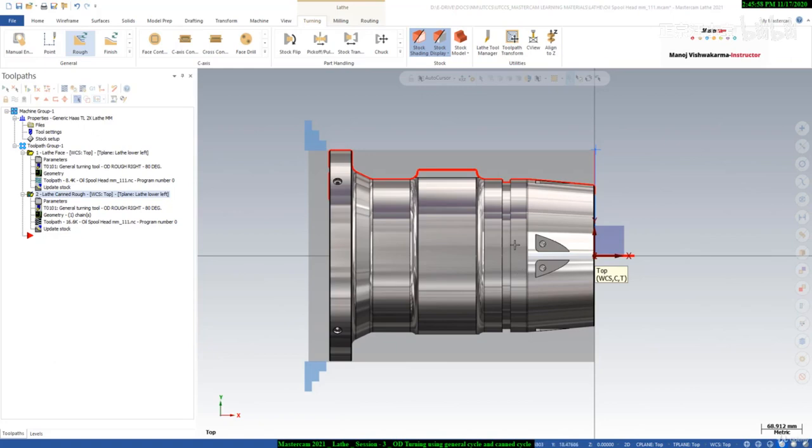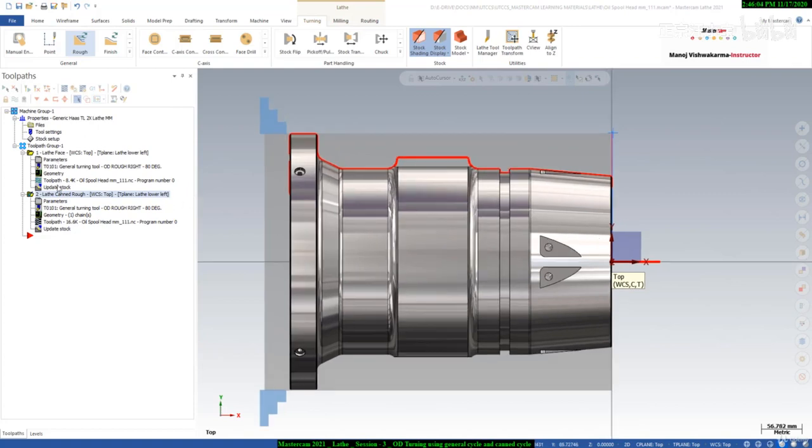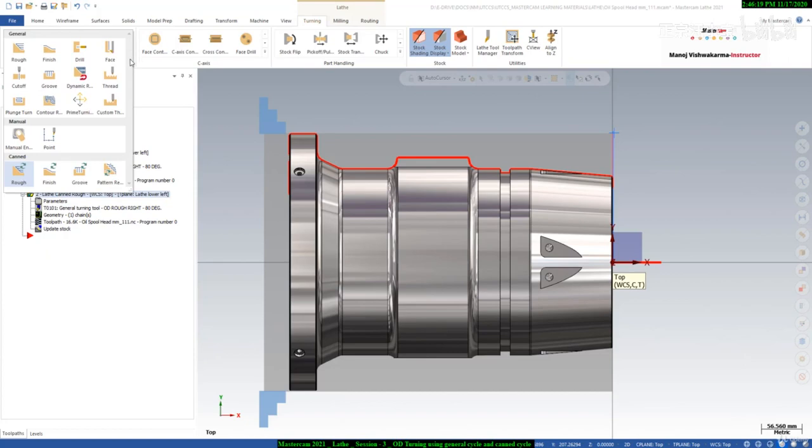So in the previous session we have covered facing toolpath using canned cycle and general cycle. So in this session I will show you how we can create the OD turning using general cycle and canned cycle. So let's start. So we'll go to the toolpath tab and here you will get the first option, that is rough OD turning. So I will select on that,